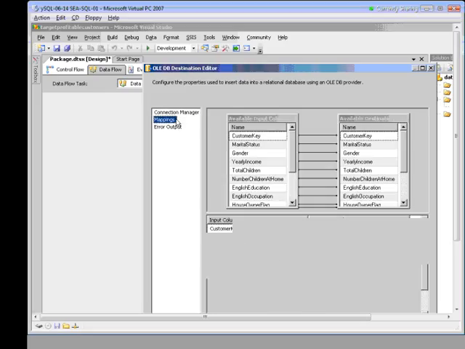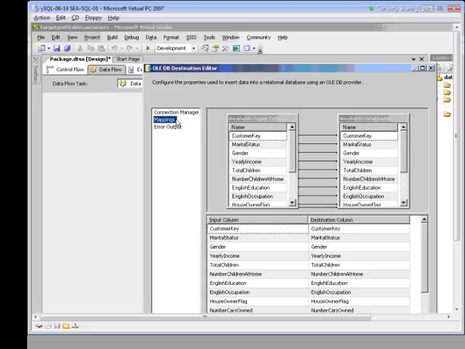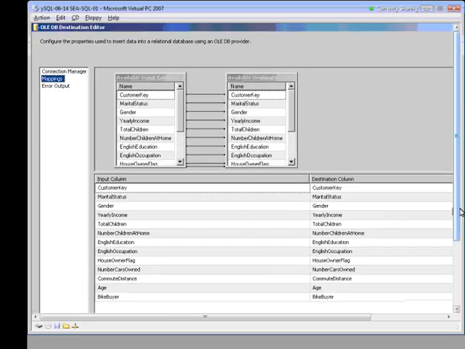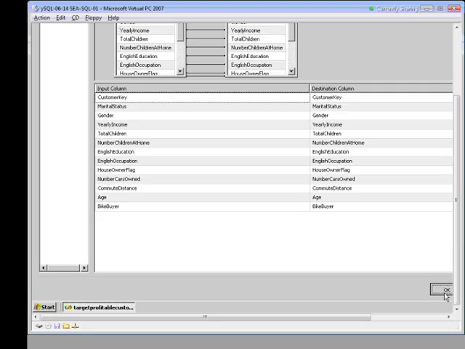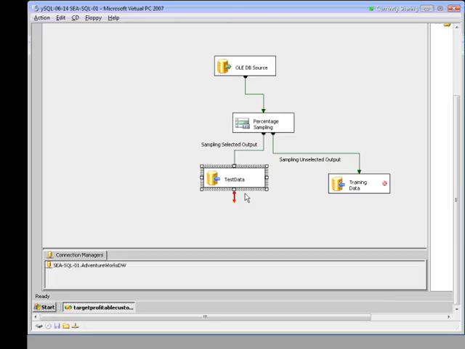If you want to see how the fields are mapping, if I want to modify any fields, in this case, customer key is going to customer key. If I wanted to change the name of those fields, I could do that at this point. If I wanted to map a specific field into some other field, again, I could change all the mappings here if I wanted to do that. So let me go ahead and full screen that so we can kind of see our OK button. There it is. Click OK. That test data is done good.